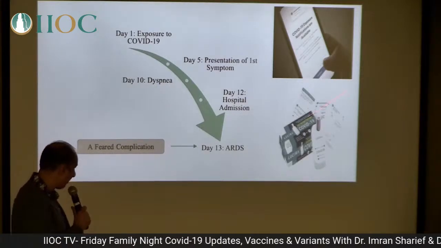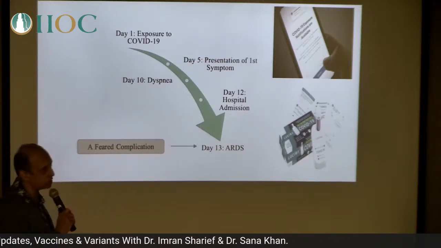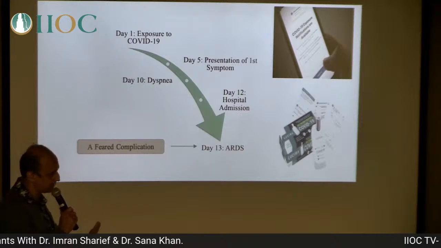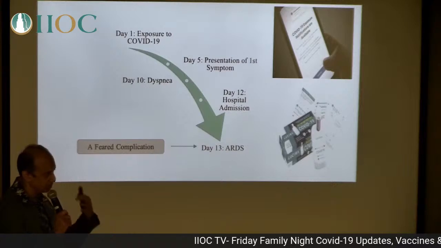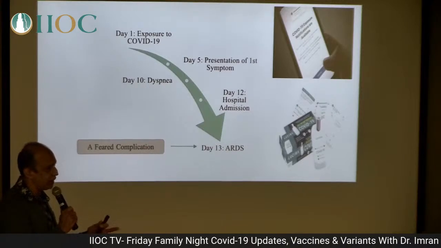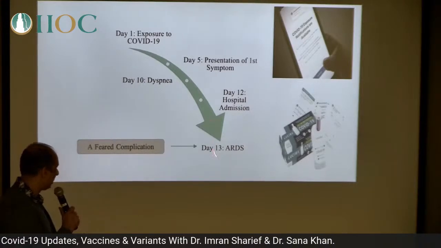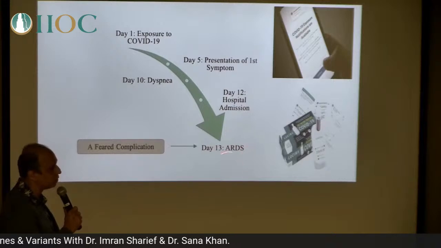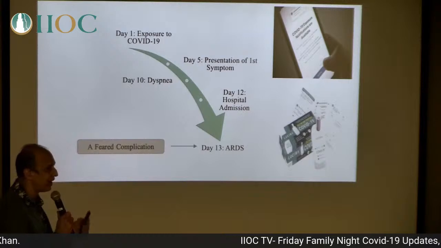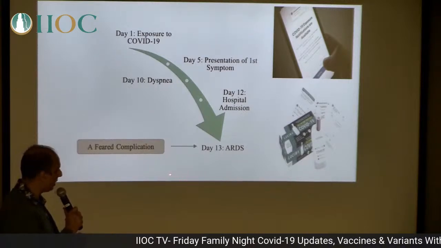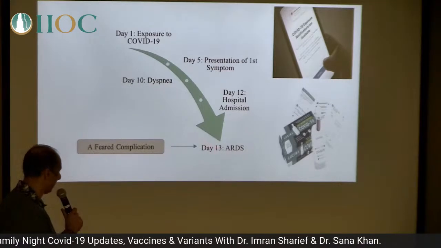And then if things go out of control, you go into something called ARDS, which Dr. Sana explained very well about the anatomy. It's adult respiratory distress syndrome. Exactly what he talked about in the alveoli, what happened to the surfactant cells and both type 1 and type 2 cells, it leads to this problem, which is ARDS, and it's very difficult to control, with very high mortality. Not because of COVID-19 per se. If you develop ARDS due to any disease, it's not only COVID-19 which causes ARDS. It's very hard to ventilate them and keep these patients alive.